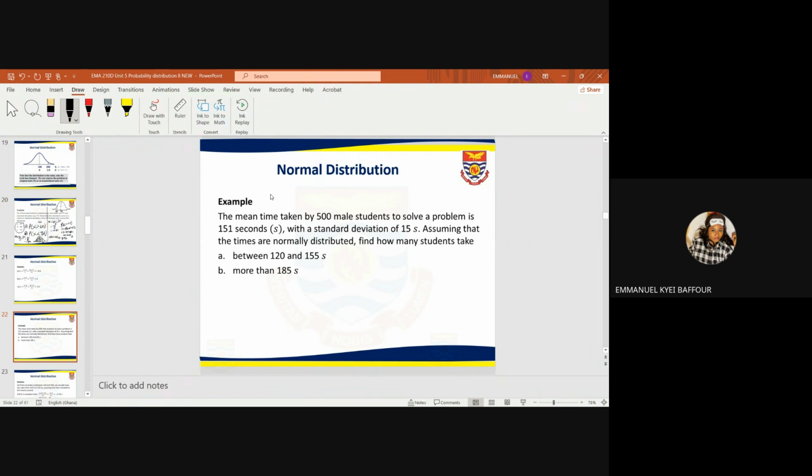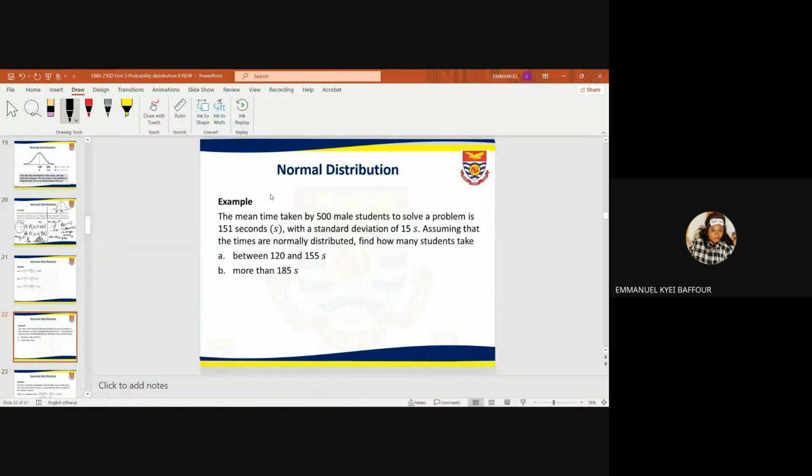Another question: we've been given that the mean time taken by 500 male students to solve a problem is 151 seconds, with a standard deviation of 15 seconds. Assuming that the times are normally distributed, find how many students take between 120 and 155 seconds. And then the next one is for us to find the number of students that take more than